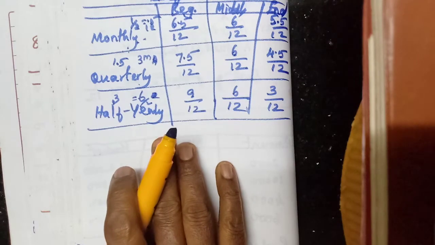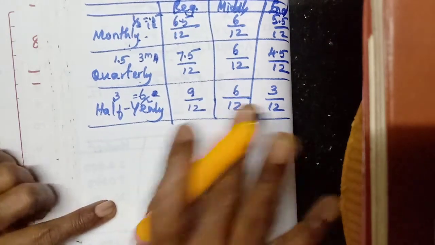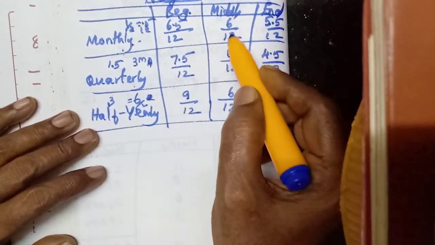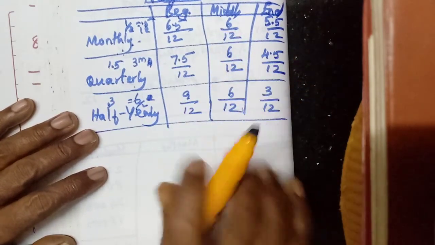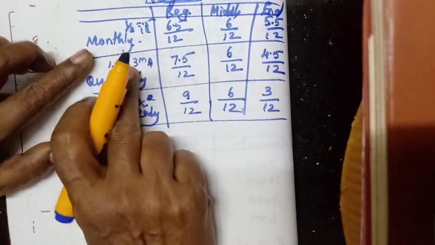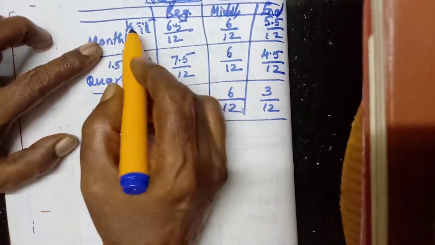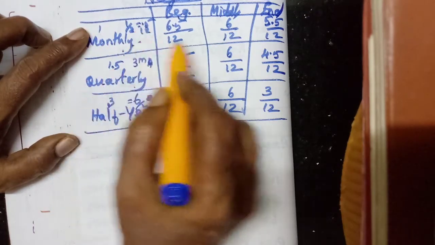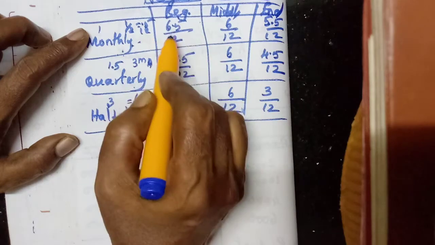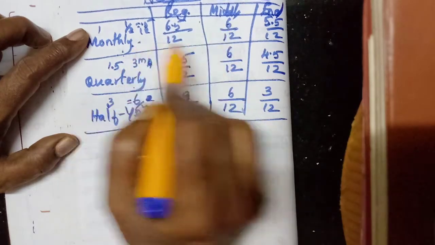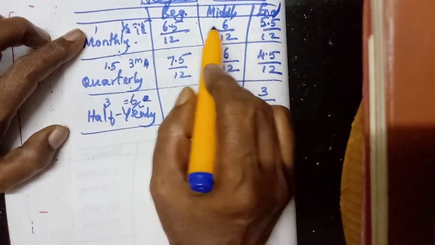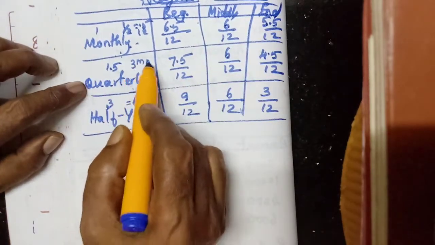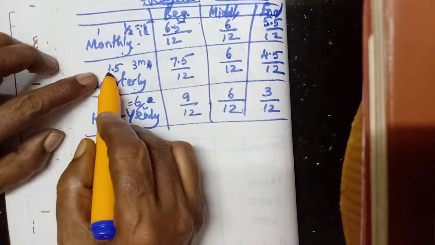So some problem they may give. Only this one trick you have to understand. For the middle, everything average month 6 by 12, 6 by 12, 6 by 12. If he withdraws monthly, that means every 1 month, half of that is 0.5. If it is beginning, you add 0.5, 6.5 along with the 6. End means you have to subtract 0.5 from 6, 5.5. Here quarterly means every 3 months he is withdrawing, half of 3 months is 1.5.